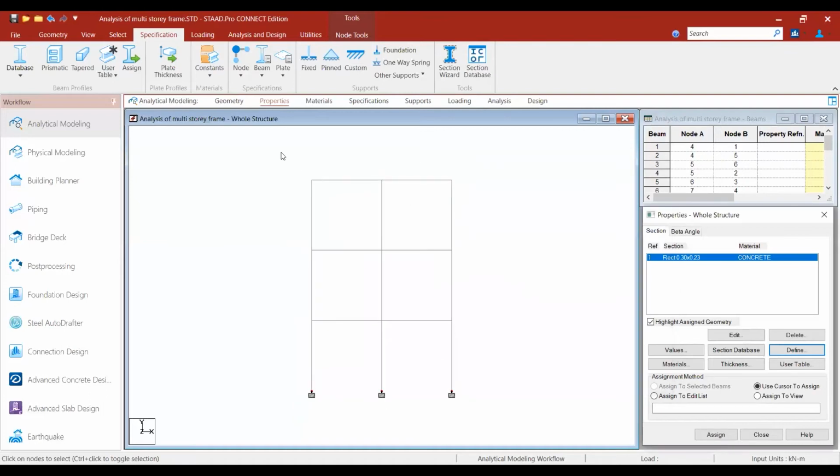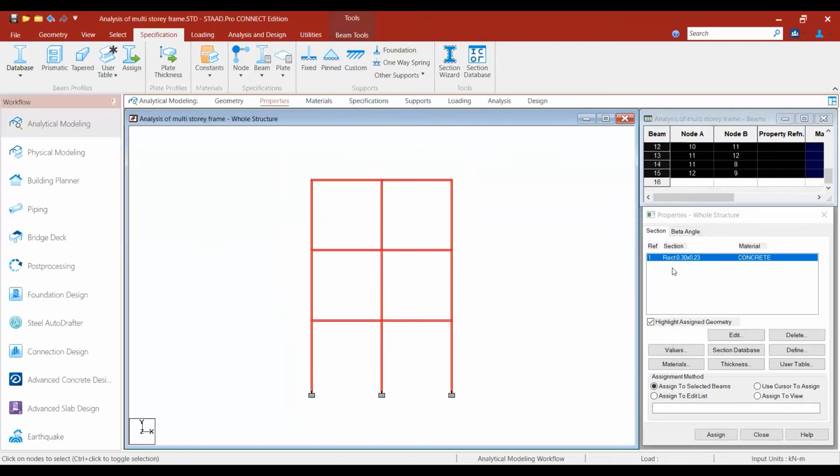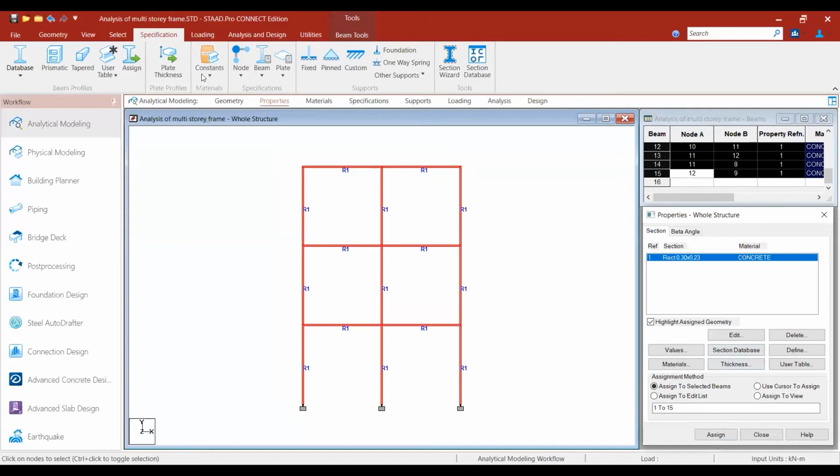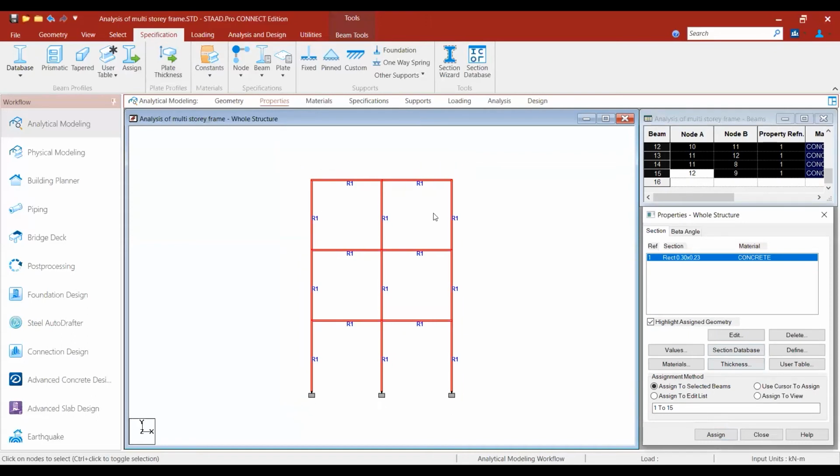I'm selecting and giving the properties, then assign. I have given the properties.